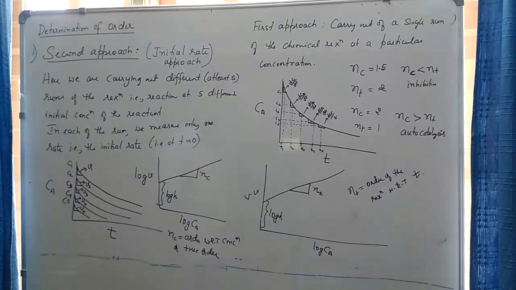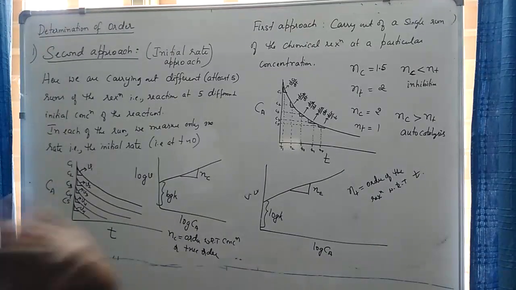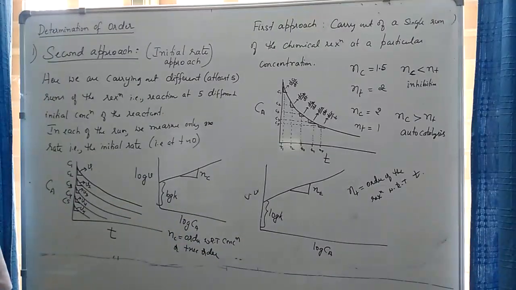The second advantage of this method is that it is applicable irrespective of whether the order of the reaction is an integer or a fraction. If we don't have any prior information about the order, even if we don't know the expected value of the order, still we can use this method, because this method is applicable both for a fractional ordered and an integral ordered reaction.